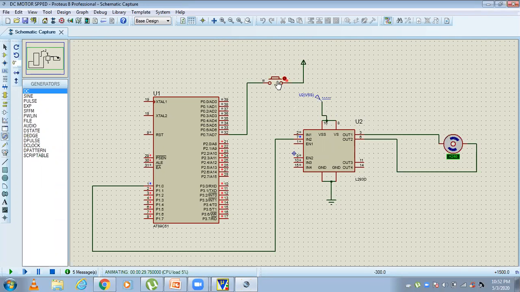When the switch is closed or pressed, then the DC motor has to rotate for 25% on time and 75% off time. Now I'm going to press this switch. You'll see the speed of the DC motor. See, the speed will be varied now. So 25% of the time will vary. That means 25% is on time and 75% will be off time. So the speed of the DC motor is decreased.